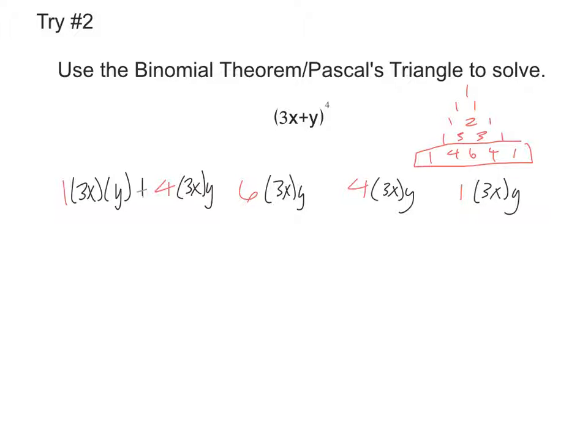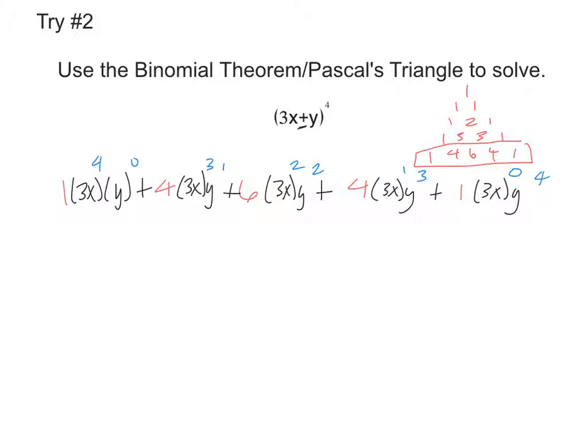This should all be addition because our sign is addition in the middle. And then we're going to start with our powers. So this is going to be fourth, third, second, first, 0, fourth, third, second, first, and 0 power. So again, 3 to the fourth. Remember, 3x to the fourth is really 3 to the fourth, x to the fourth, so it's going to be